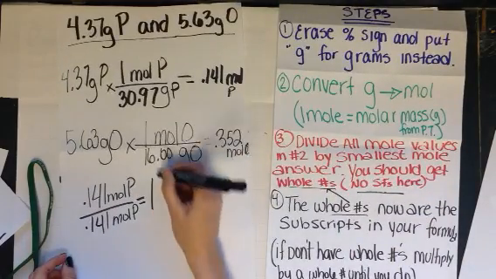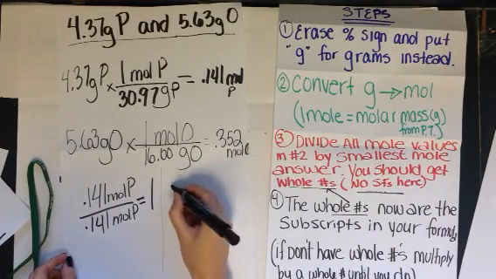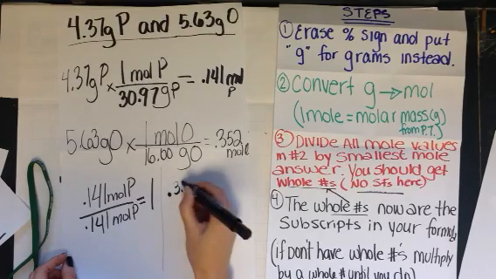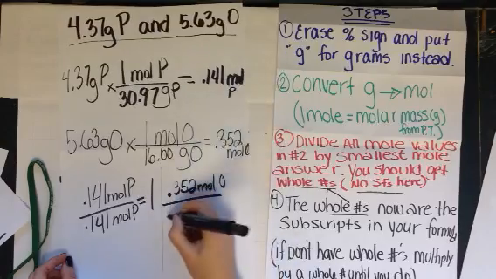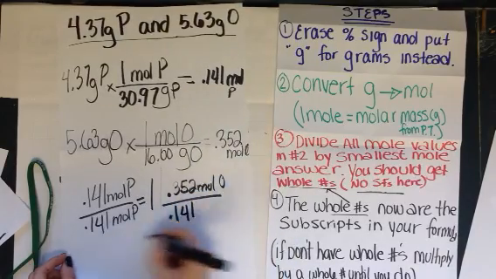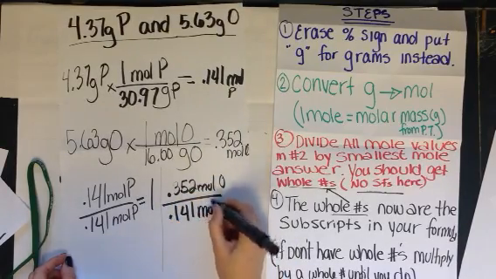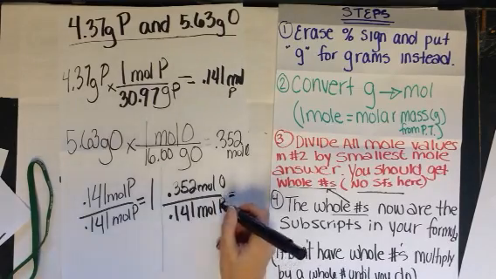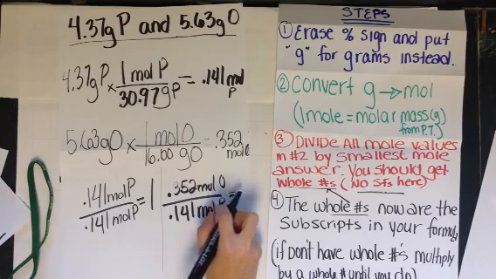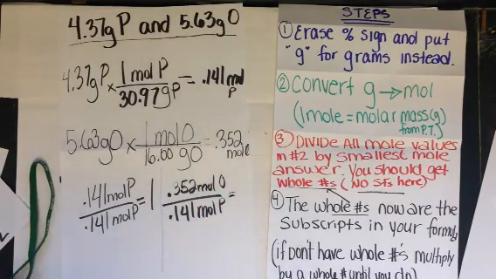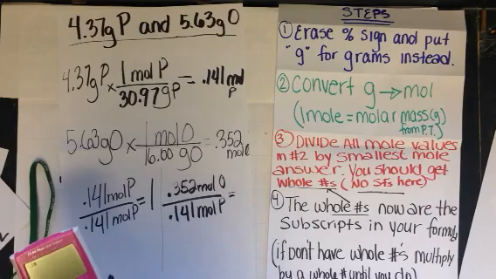Okay. Then I do the next one. Just divide the page here. 0.352 moles of oxygen divided by, again, that small number. So I divide them both by the same one. And if you remember, no sig figs here, and I'm trying to get a whole number. So I take this, I do 0.352 divided by 0.141, and I get